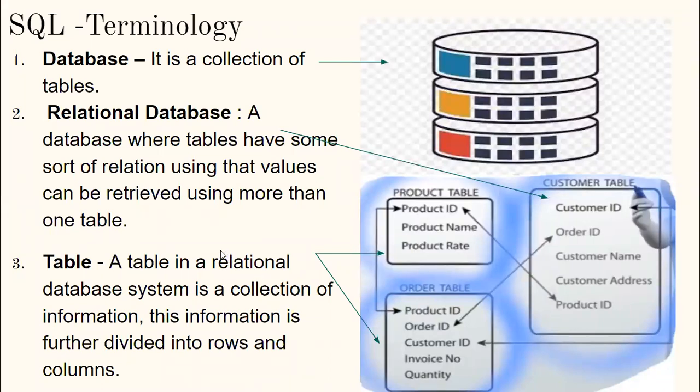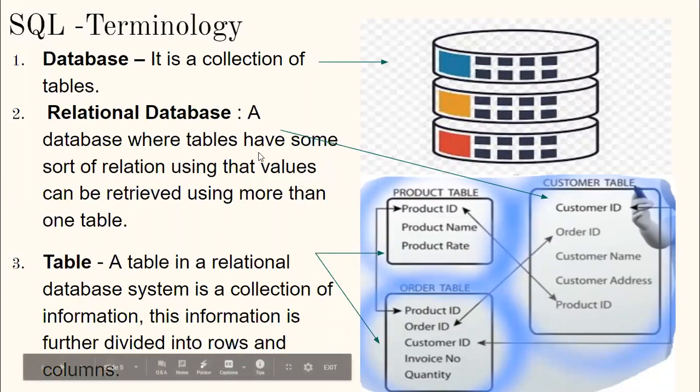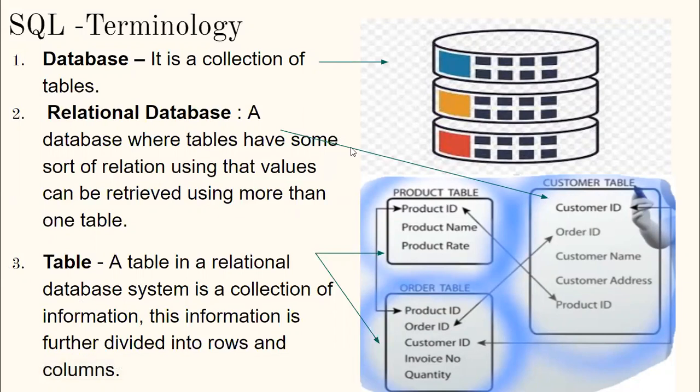The first one is database. What is a database? It is a collection of tables. We have a student table. Table means nothing but the information, the details. Or we have teachers' information, student information. Then in our school, the library, that means book information. All that are called tables. So the student information, teacher information, library information, everything will be in the form of tables. That collection, the group of tables, is called the database. This is just shown in a symbolic way over here.